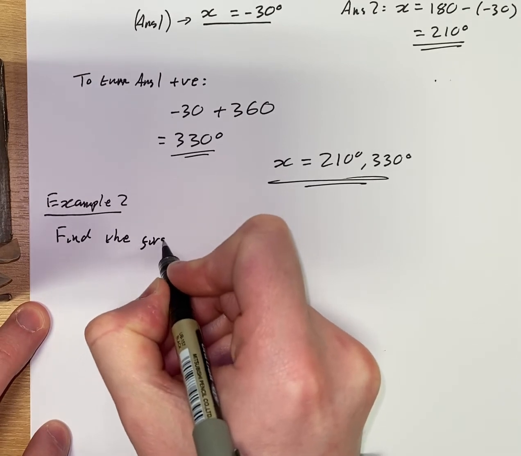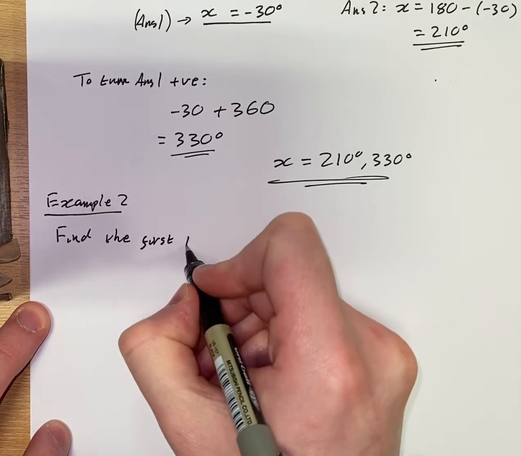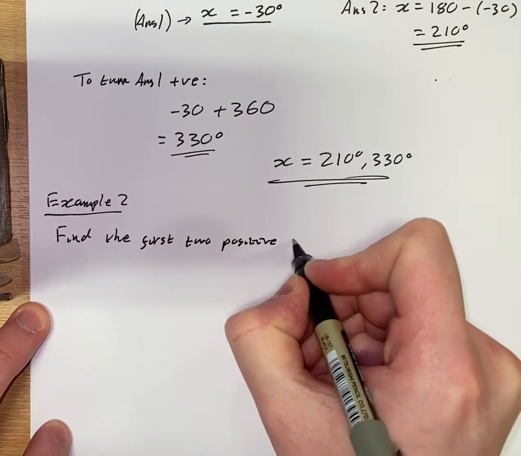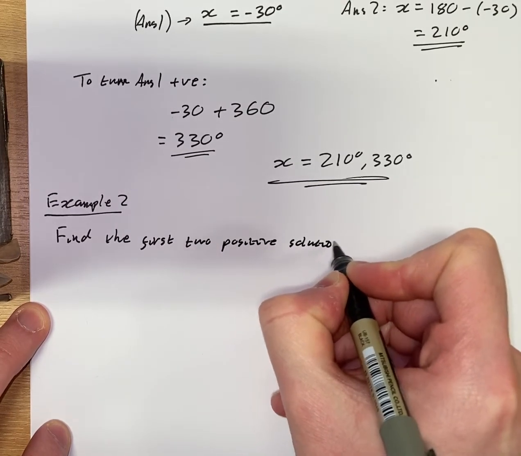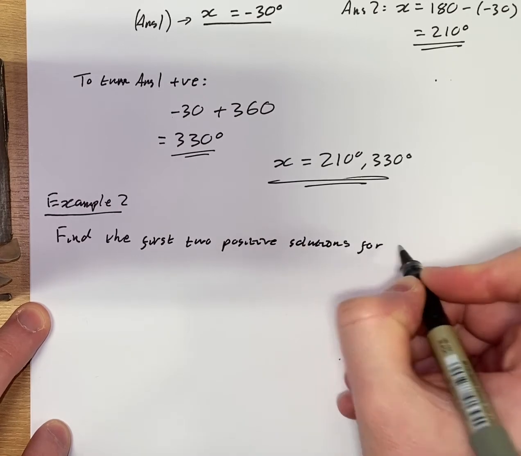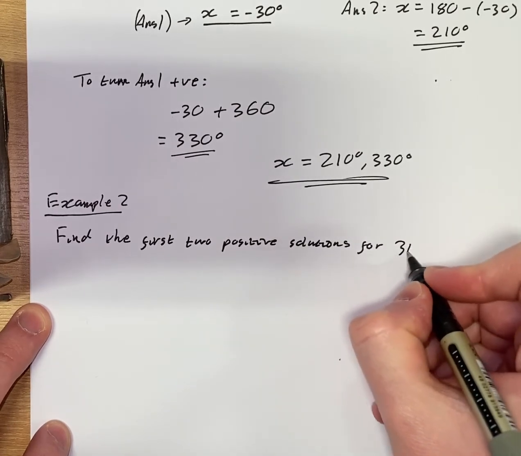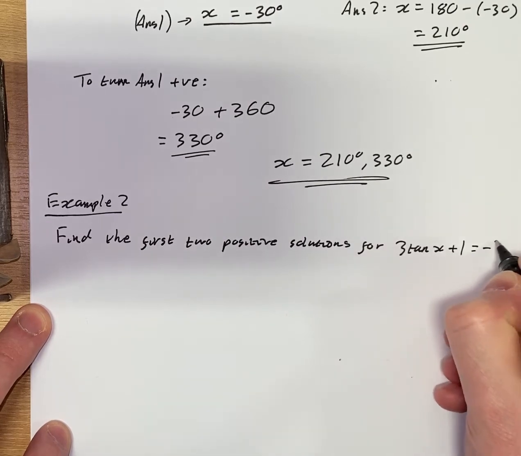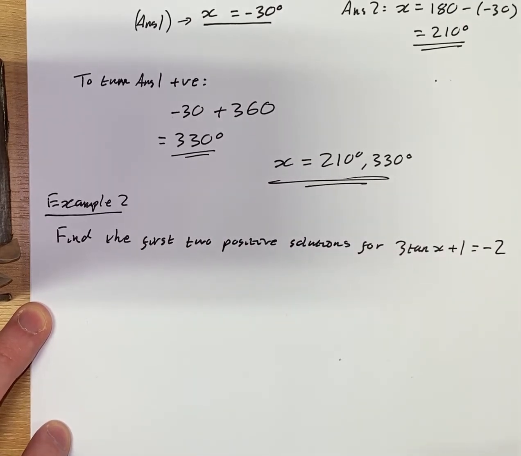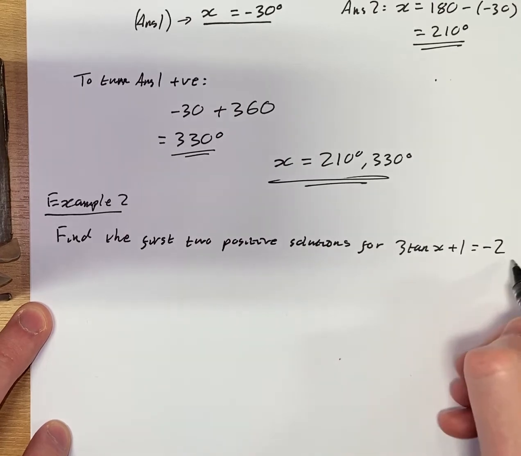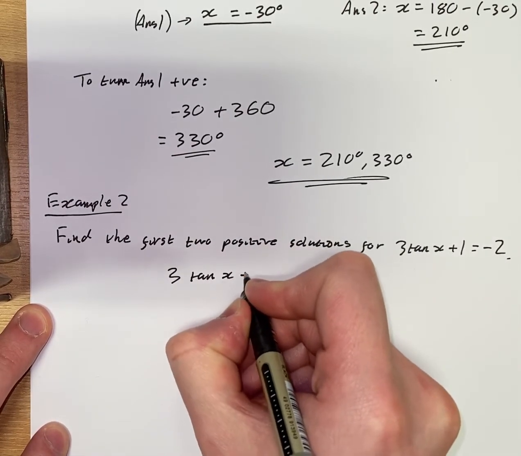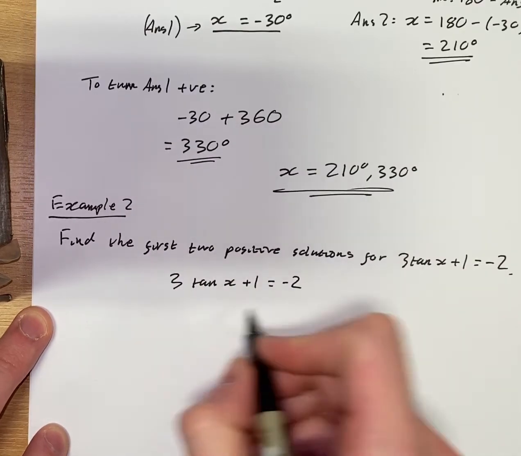Find the first 2 positive solutions for 3 tan x plus 1 equals negative 2. So what we're going to do is take this 3 tan x plus 1 equals negative 2,